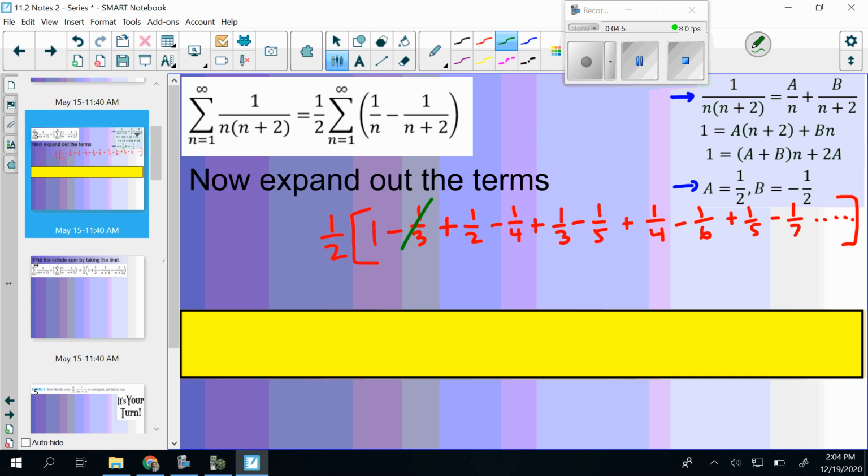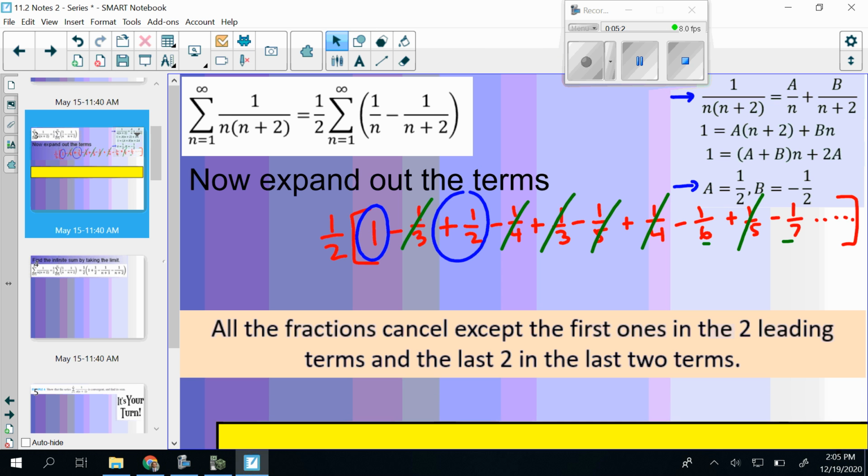Meaning I see minus 1/3 here and positive 1/3 here. I see minus a fourth here, positive fourth here. Fifth, fifth. There should be something that cancels out these other terms as we keep going as well. So all that we're going to see here is that the only terms left are this one, and then